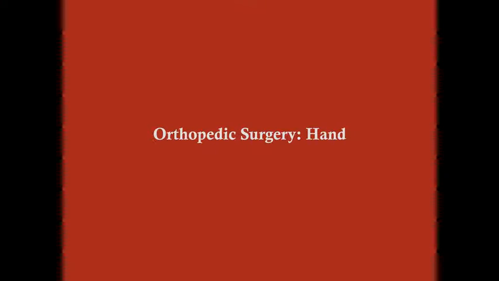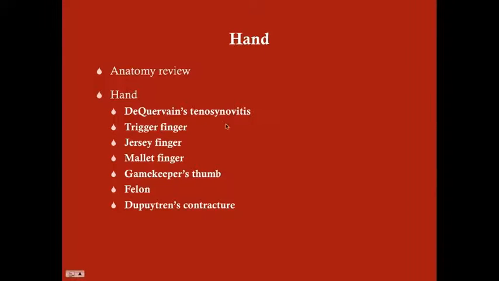Hello viewers, we are going to discuss some of the orthopedic disorders of the hand here, and there are a lot. 3 of these 7 are more commonly seen in sports injuries. However, the rest can happen in any of us. We'll do a quick anatomy review just to kind of get up to a competent level, and then we'll talk about these disorders. But most of the time we're going to be reviewing the anatomy while we're talking